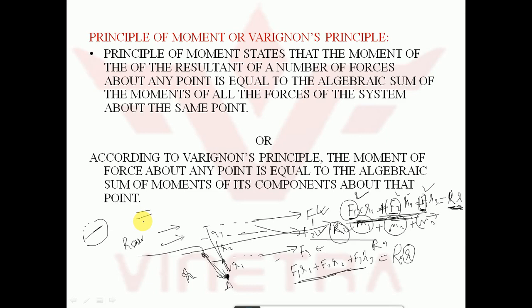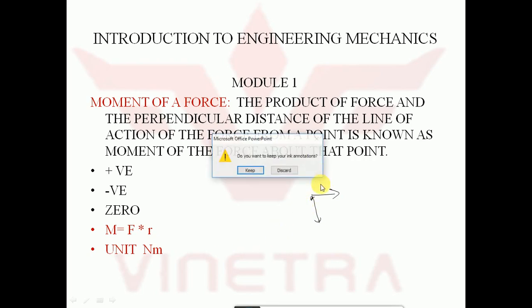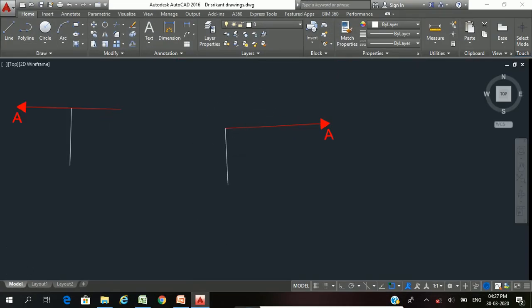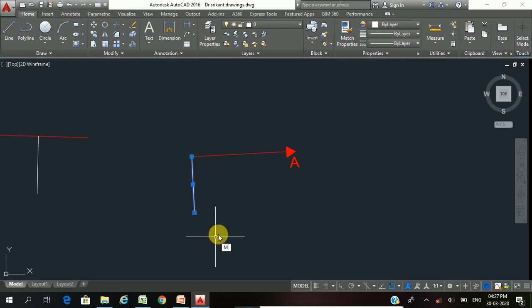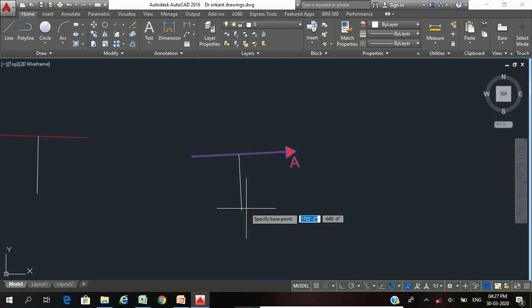So let us show here, while explaining I have shown you how the moment will act in clockwise direction and anti-clockwise direction. I will show a simple demo over here. So let us take, this is the force A. Let us take, this is the perpendicular distance. If I want to find out the moment of this force about this point,